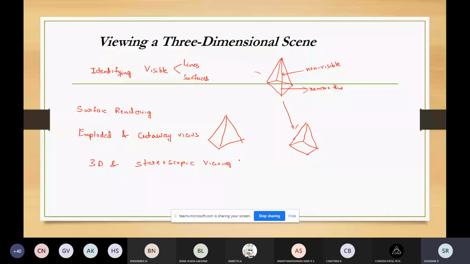So this is how you will get the view. Here the vibration of the mirror is synchronized with the display of the scene.